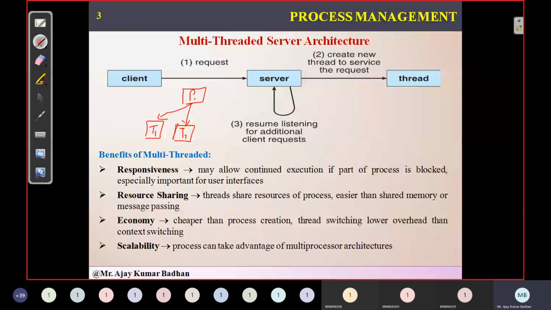Since we said threads are very lightweight, they are lightweight processes. Lightweight means they perform whatever task is allocated to them. Once that is completed, the thread gets back to the parent process, which means this thread can be used again for performing some other task. Scalability is also much better here because it can access the resources from the parent process only. This is much better.